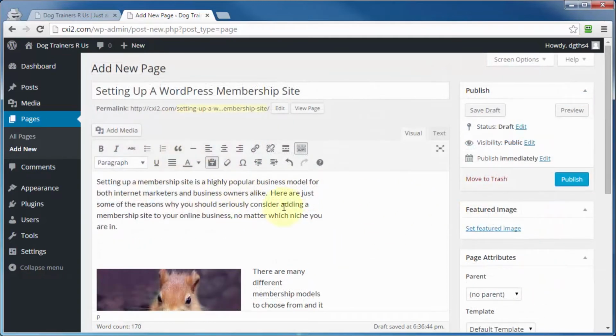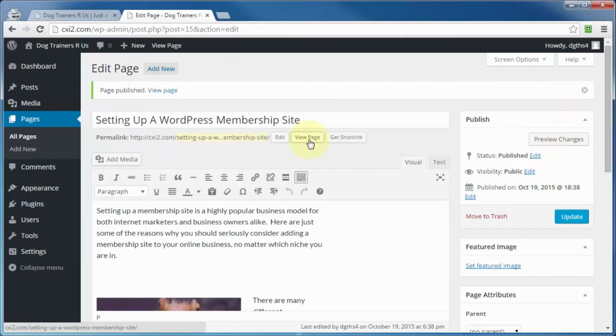And then whenever you're finished editing, just go ahead and click on publish. Oh, and you've got the preview option there as well. And then once it's published, you can see that that publish button changes to update. In case you come back in later and make any adjustments, be sure to click on the update button to